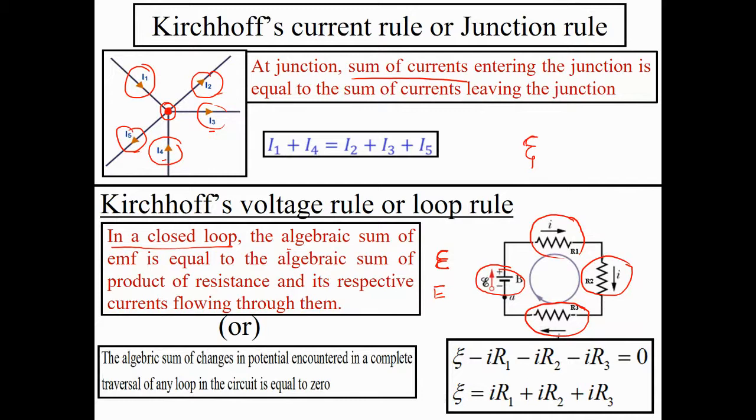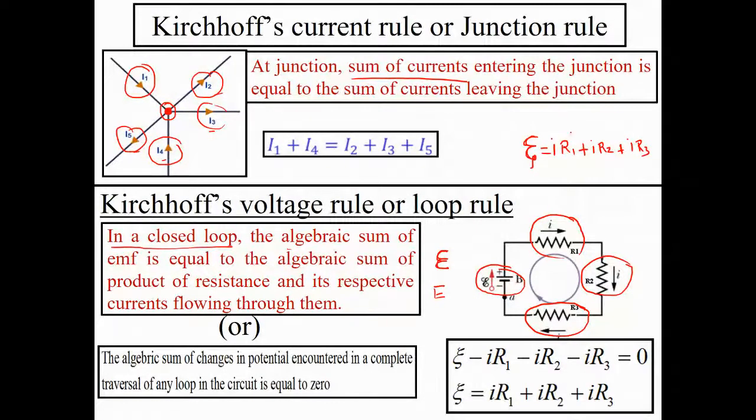So here we have only one battery. So I just write this EMF on one side, which is exactly equal to the algebraic sum of the product of current and its resistance. So let's apply the product here. What is the product here? I multiply I by R1, and here we have another resistor. I multiply by R2, and then we have the third resistor, plus I multiply by R3. So that's it. You have to separate the battery on one side, and the product of current and its resistance on the other side. When you separate these things perfectly, then your equation will be very